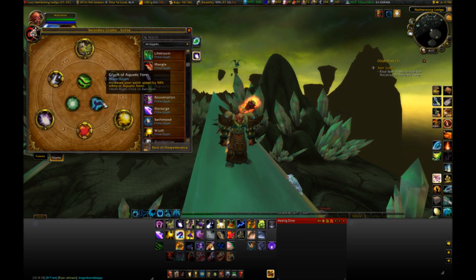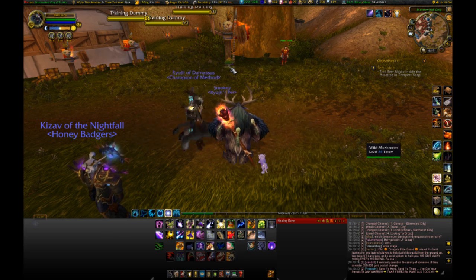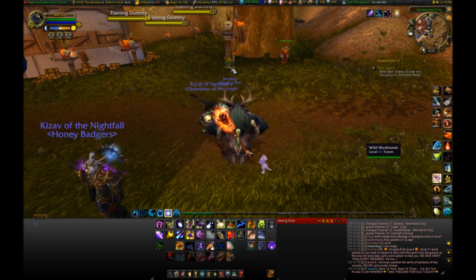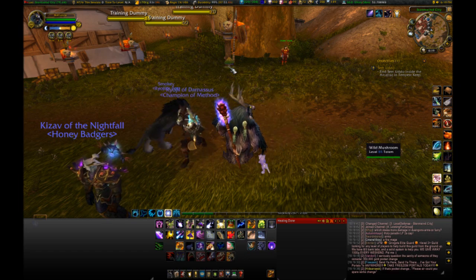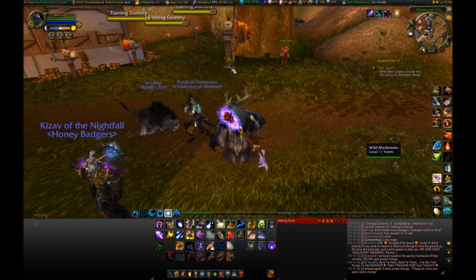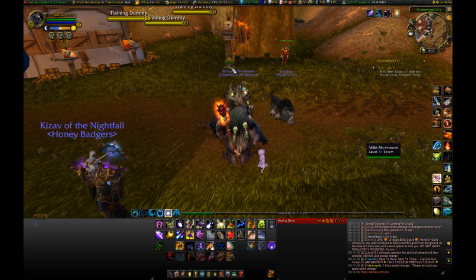And then minor glyphs, it doesn't really matter. I have Unburden, Rebirth, Dash, and Aquatic Form because I just didn't have anything else better to put in there. Alright, I would say that I'm going to show you guys my rotation for Boomkin, but as it is, there is no quote-unquote rotation for Balance Druids. It's really just a priority